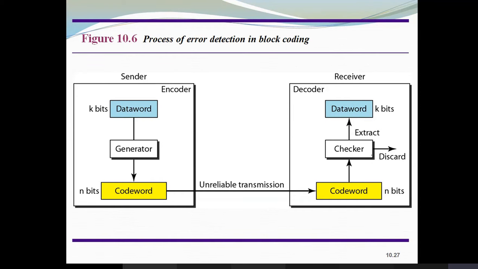If there is an error in the received data, it will discard the message, and the receiver should ask for retransmission of the data. I'm just explaining with respect to this method, error detection. If it is correction, it is not going to discard, so it should have a particular method at the checker that corrects the error also. Here I'm talking only about error detection. If the data is correct, that is, if the code word is matching, then it will extract only the data and deliver it to the receiver. Whatever extra bits were added are removed.